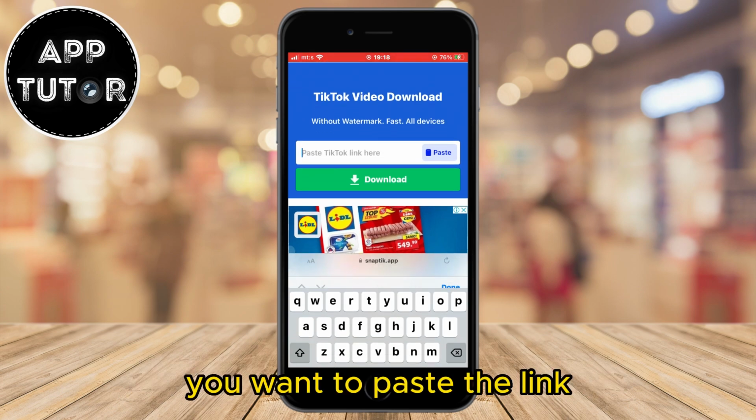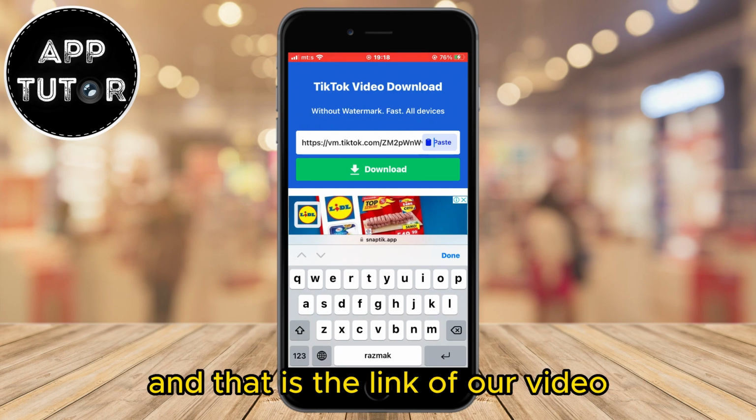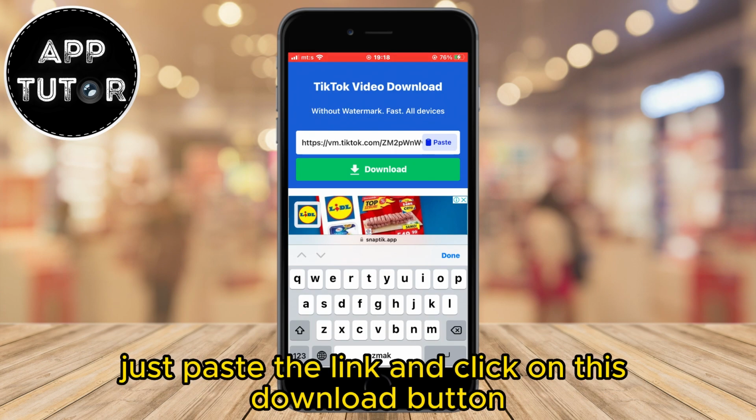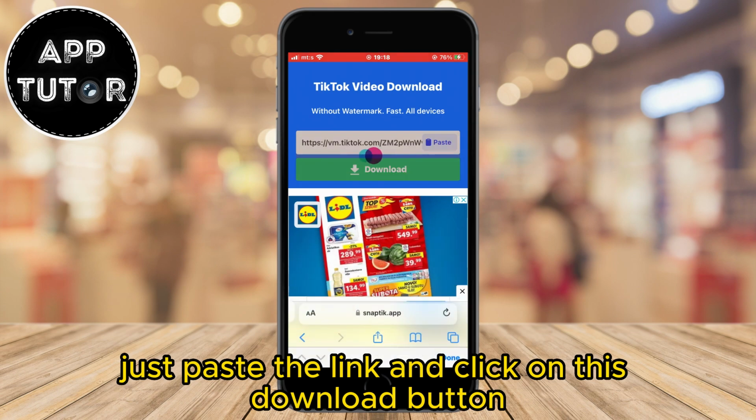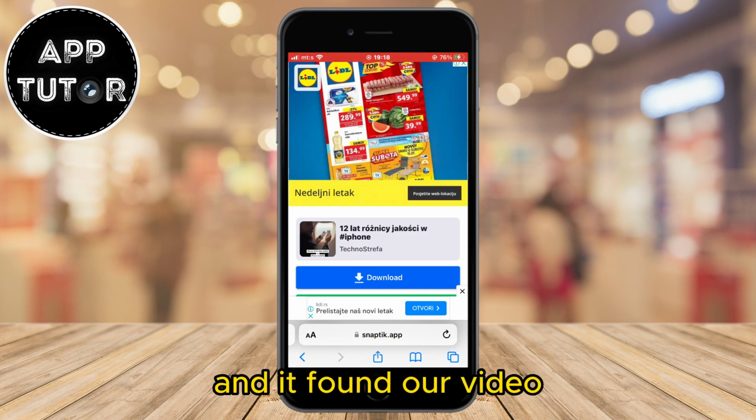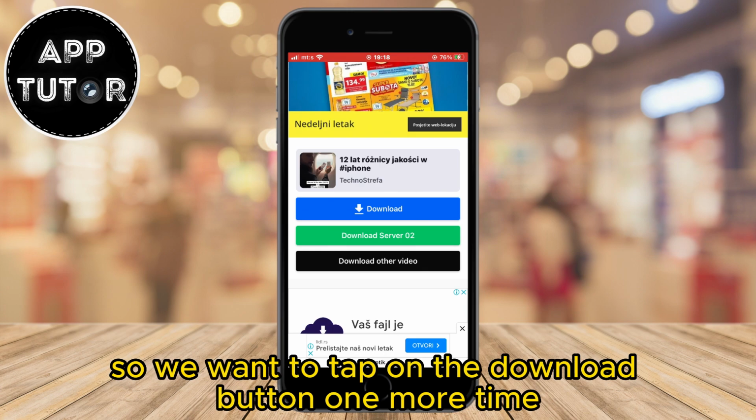You want to paste the link that we had copied in the TikTok app, and that is the link of our video. Just paste the link and click on this download button. And it found our video as you can see, so we want to tap on the download button one more time,